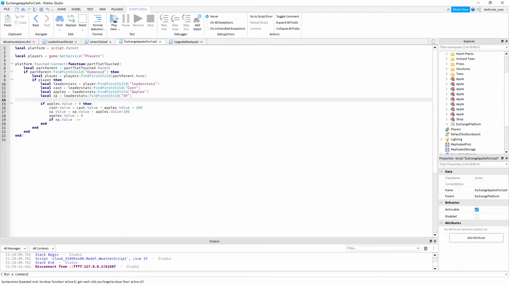So we need to do local level is equal to leader stats find first child, and then level. Okay. So now we got that, we can go down into here. And if their XP dot value is greater than their level dot value times 1,000, then